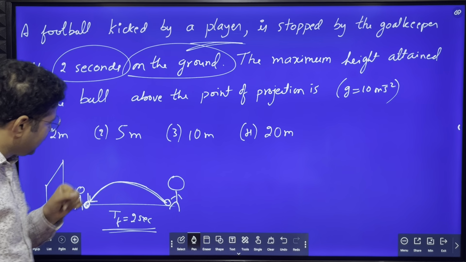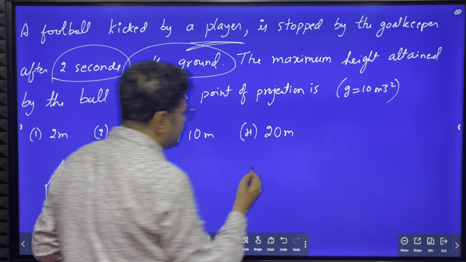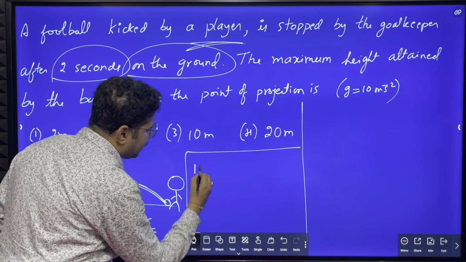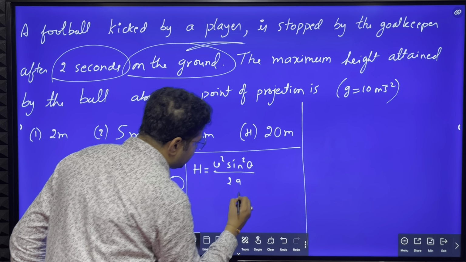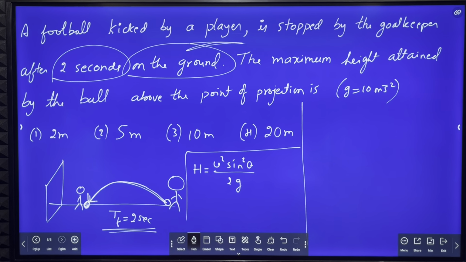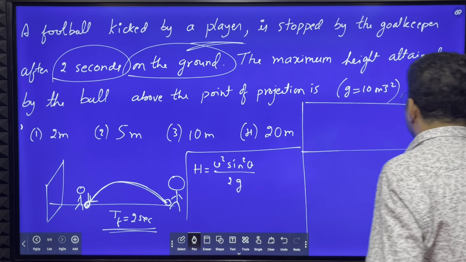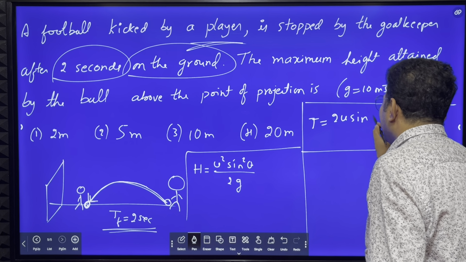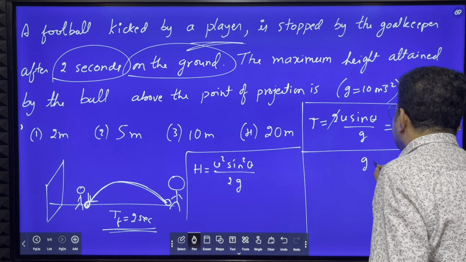The maximum height attained by the ball above the point of projection, we have to calculate. What is the formula? Maximum height equal to u square sin square theta divided by 2g. But what have they given? Hint: time of flight is 2 seconds. Time of flight formula: 2u sin theta divided by g is equal to 2 seconds. 2 gets cancelled. What do we get? g equal to